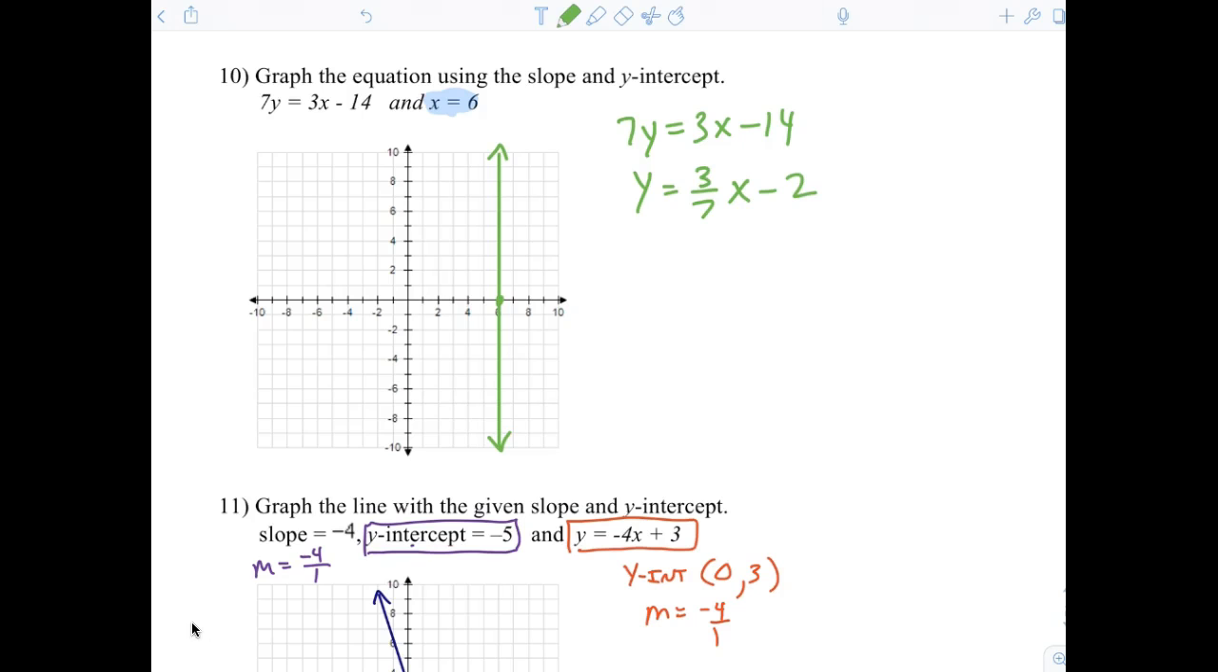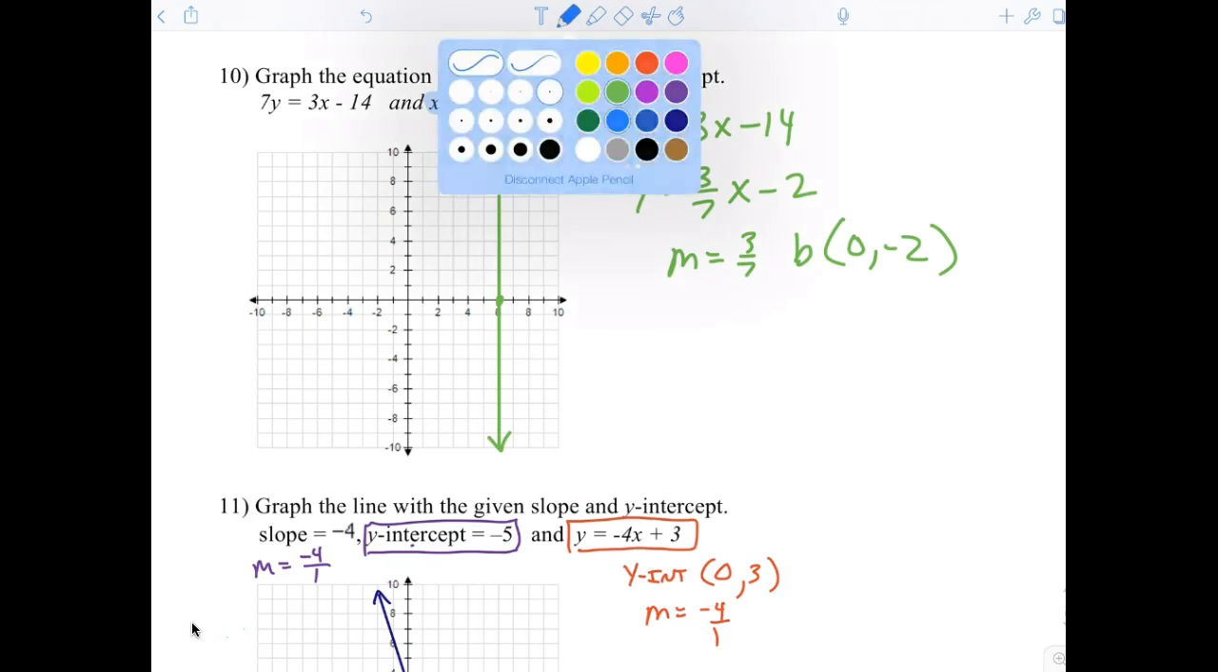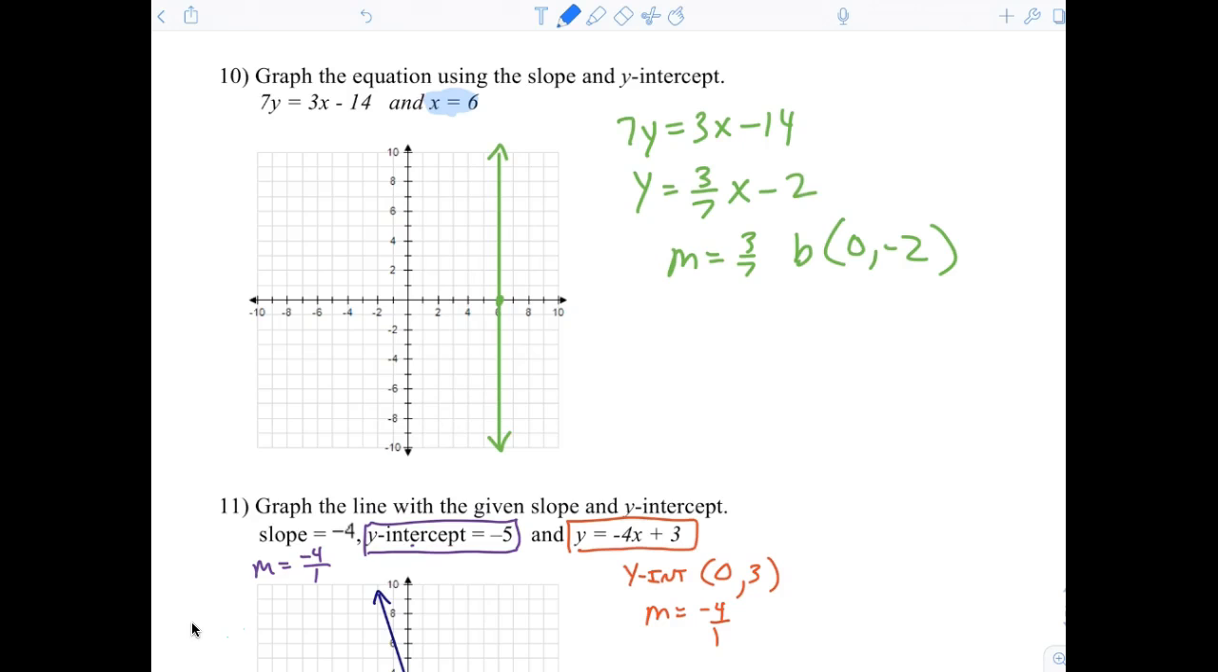Now, underneath that, I would like for you to write m equals 3/7 and b is equal to (0, -2). Wow. See how good I am? I'm very proud of myself. I didn't write the m. All right. So now, from there,